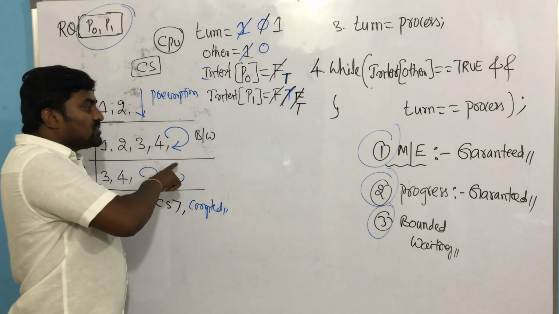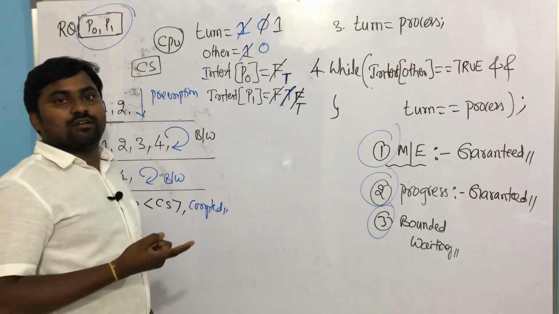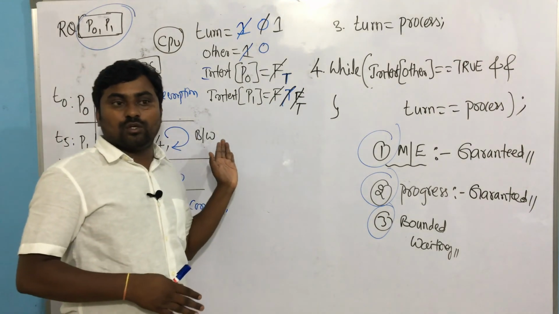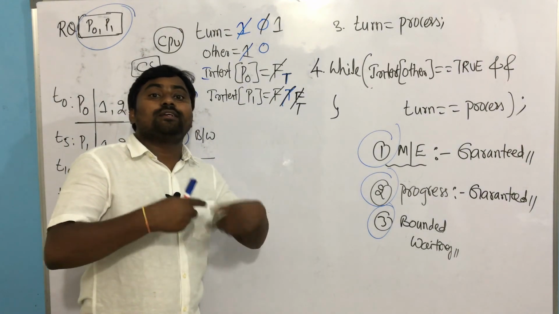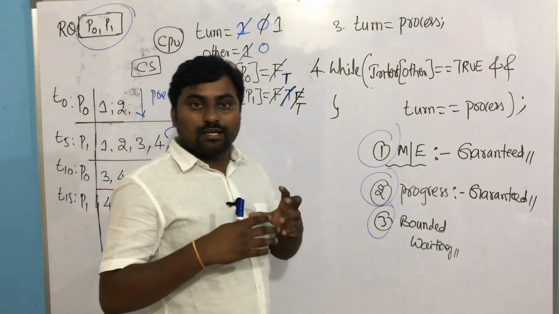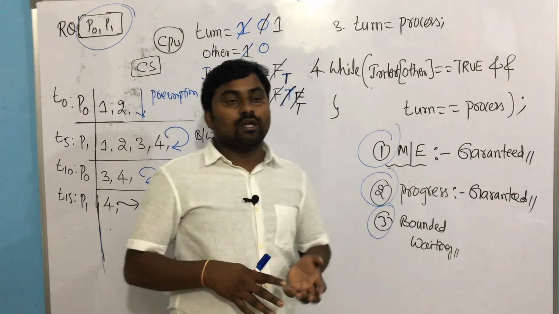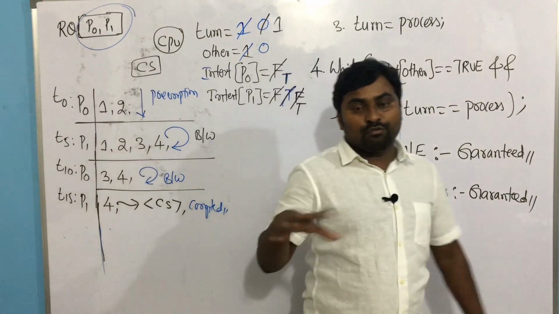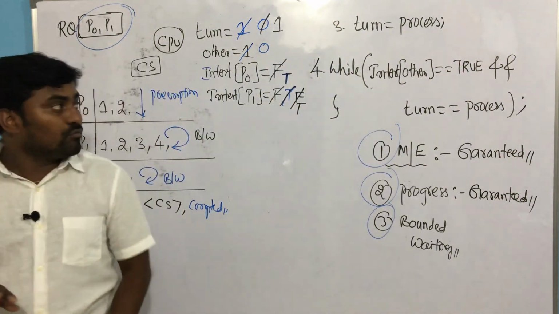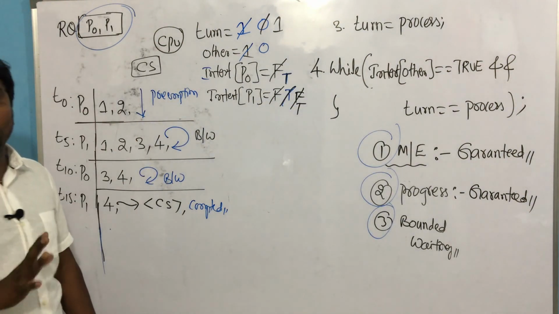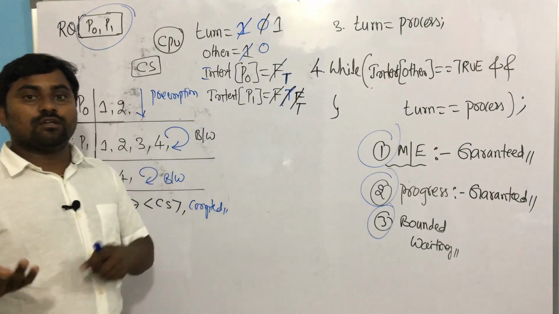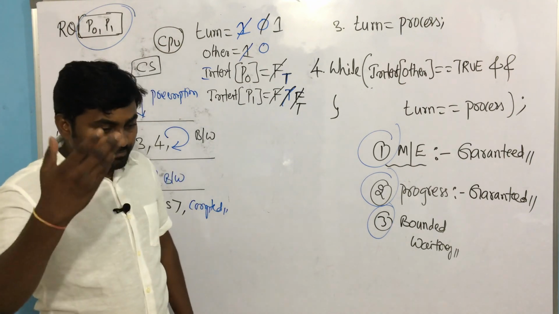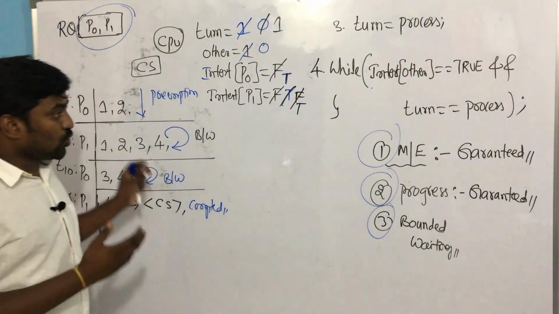Busy wait, nothing but, you understand, it is wasting CPU time here. Means the fourth instruction keeps on checking until that becomes false. But what is happening is it is not going to become false here, so it has to use the CPU until its time is over, so that complete time is going to be wasted by the CPU. So that is another drawback of the Peterson solution. But out of the four which we observed, is Peterson satisfying our requirements or not? Yes. So we'll see other hardware solutions. These are the software solutions. We'll see hardware solutions also, like semaphores, we will start. First you copy it.